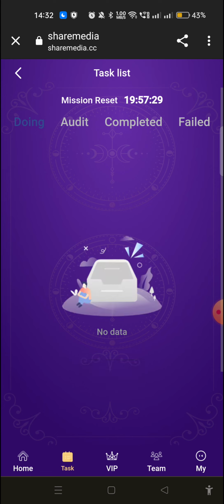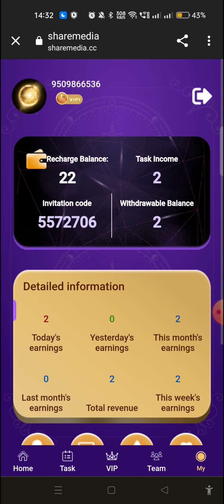So this is a very easy process. Within 10 seconds we had completed the task. Now I show you in my wallet. You can see now my balance is 22 USD. So 2 USD I can withdraw and 20 USD I can't withdraw because I invested it in VIP1. The 10 USD investment I can get back in 5 days, and after 5 days I will get income.